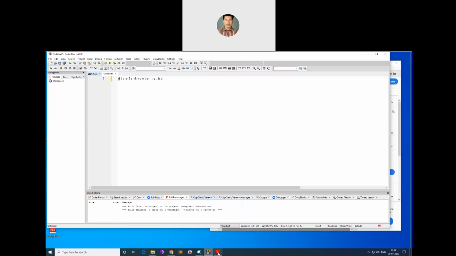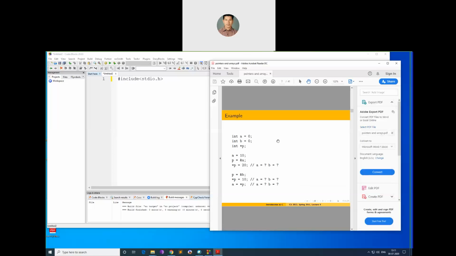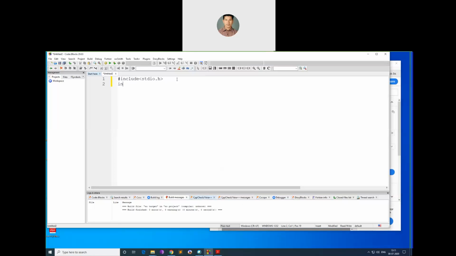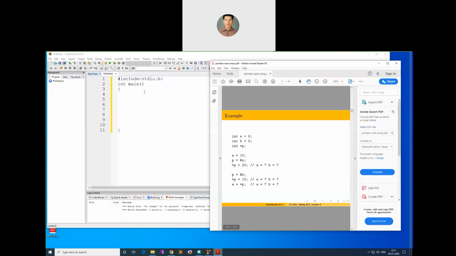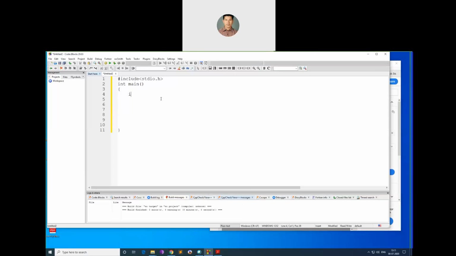So we want to type this one. Int a, b, c, a, b and pointers, int main, int a equal to 0, b equal to 0.